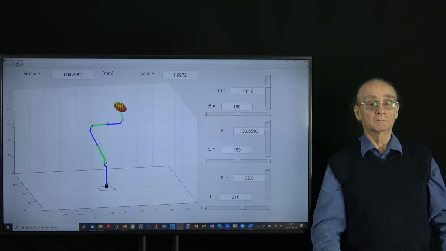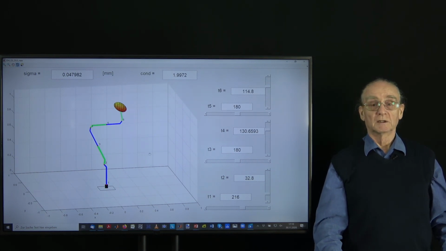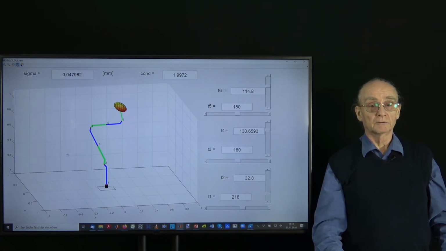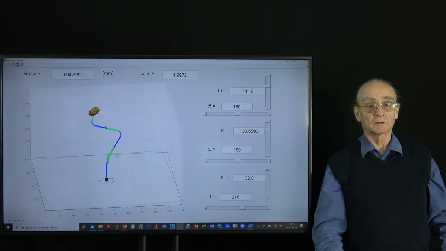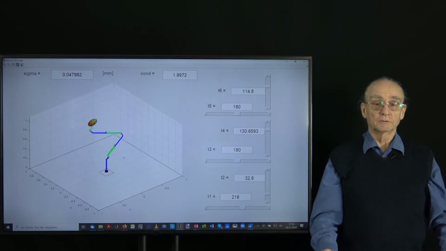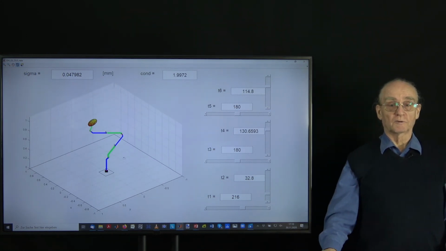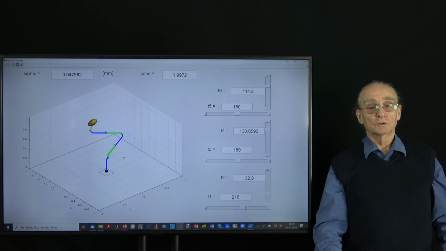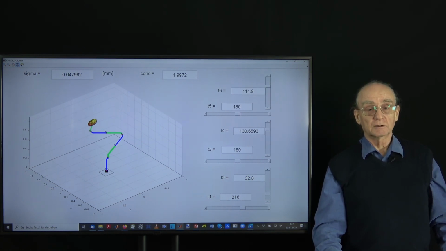Now that means we can actually simulate all these situations, and you see that the uncertainty now is a little bit off. We can rotate this and have a look at how the arm looks. So this shows you that by using the equations which I showed you before, we are able to predict the uncertainty of the measuring possibilities of this arm in a certain configuration, and we have seen that the configuration, of